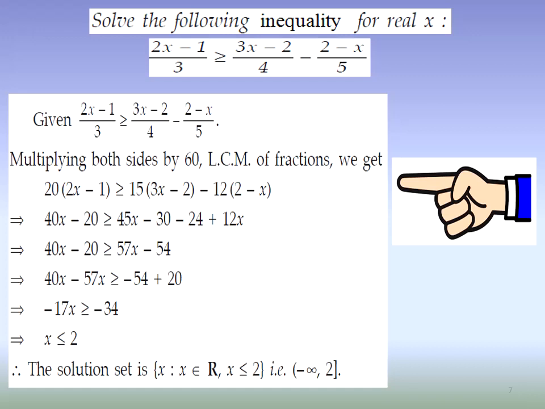Now in interval method we can write it as open interval minus infinity to close interval 2. Why close interval? The third bracket sign is for close interval. Close interval means, as the less than or equal to sign is given, we cannot cross 2, but we can go up to 2. So the solution set is open interval minus infinity to plus 2, close interval.